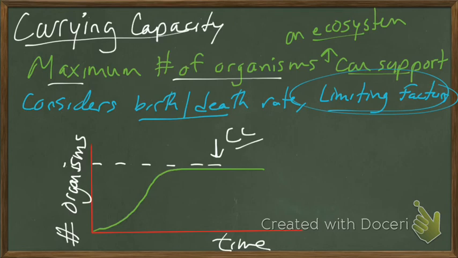To put it in perspective in terms of a visual, if you look at this graph, we have time against number of organisms. If this is an ecosystem, as it starts off, say this is 1 year in, this is 5 years in, this is 10 years in. In the first year, you're going to see a sharp increase in population, whether that is organisms moving in because there are so many resources, or organisms that are already there are super successful and can mate and create more offspring.